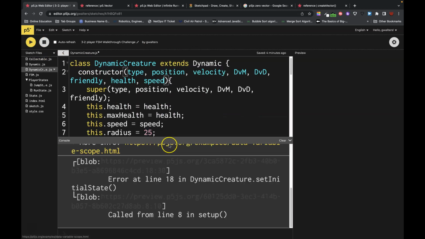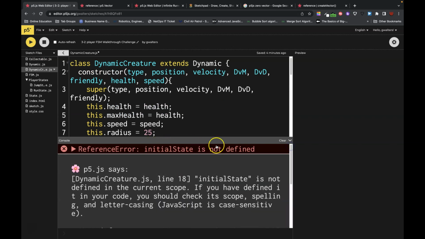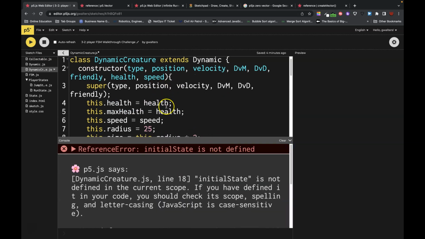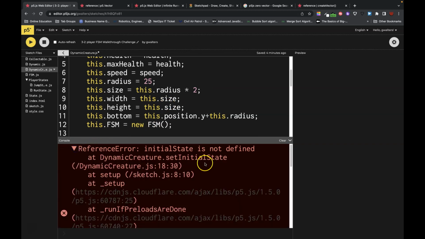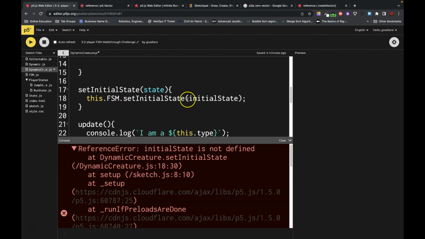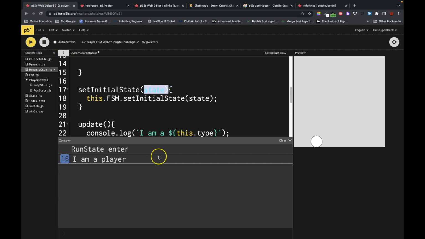Let's run, and we got a different error. Initial state is not defined. Where are we at? Set initial state dynamic creature, line 18. Yeah, because it's not initial state there. It's called state. I'm passing in this. There we go. I am the player. We're in the run state. Now if I press the space bar,